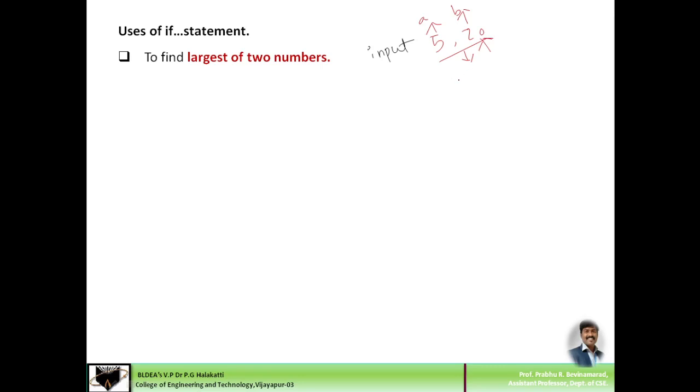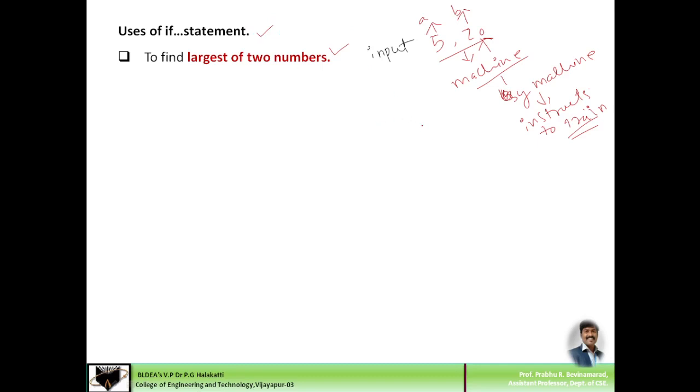But coming to the machine, suppose you want to know this result by machine. Then you have to write instructions to train the machine to give a result of which one is greater here. In such a case we will use conditional branching statements. We will apply some condition.